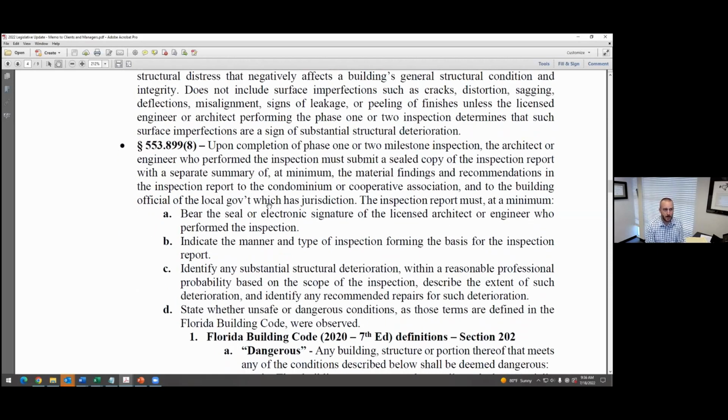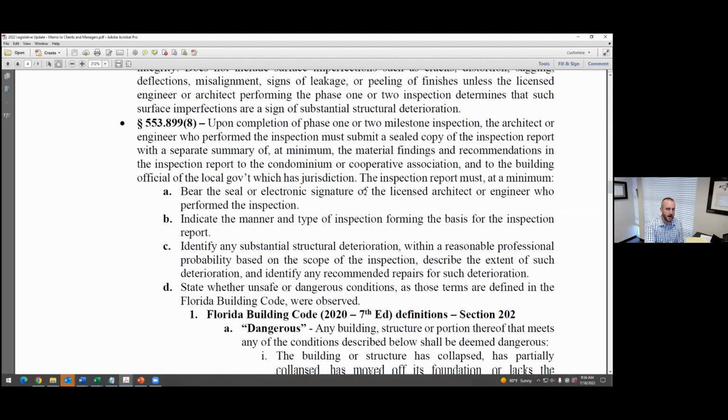553.899 provides that upon completion of the phase 1 or 2 milestone inspection, the architect or engineer who performed the inspection must submit a sealed copy of the inspection report with a separate summary of, at a minimum, the material findings and recommendations in the inspection report to the association and to the building official of the local government which has jurisdiction. The inspection report must, at a minimum, bear the seal or electronic signature of the architect or engineer,